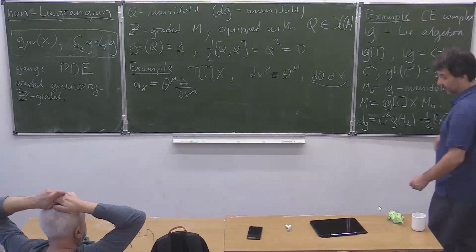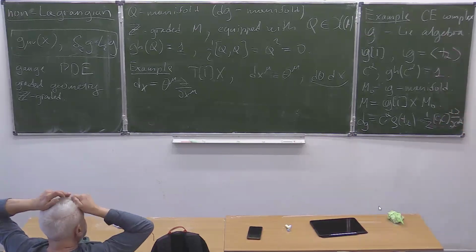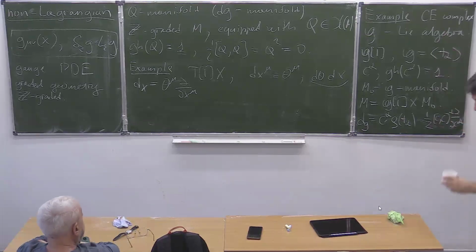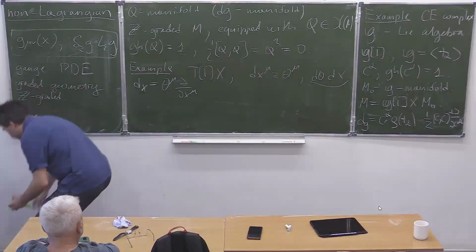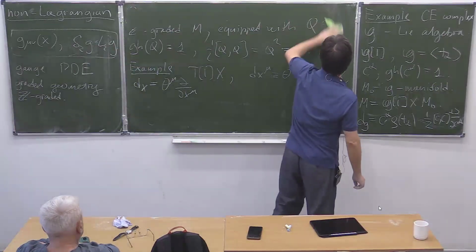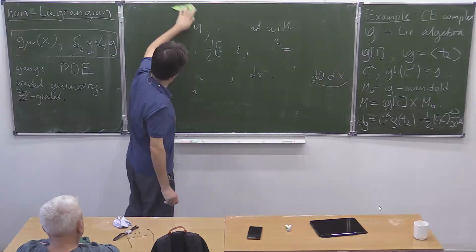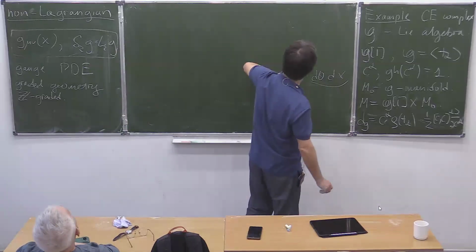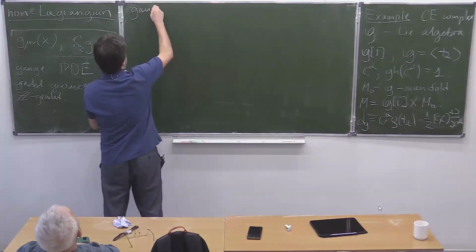Okay, this is another example of a Q manifold which shows up everywhere. Of course, all this can be phrased differently, but this language turns out to be useful in certain applications. So what is a gauge PDE? A gauge PDE is a bundle in this specific world of Q manifolds, and for definiteness,